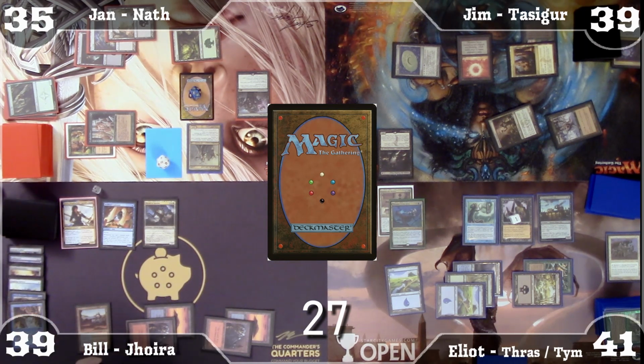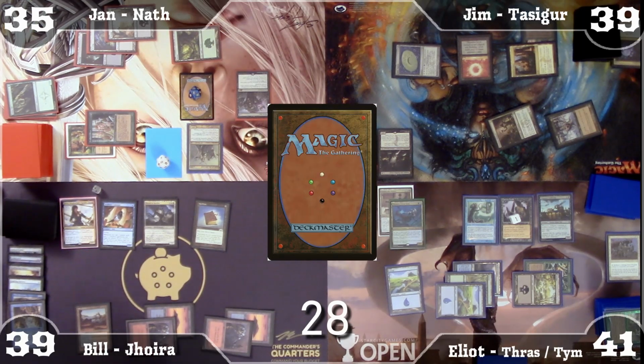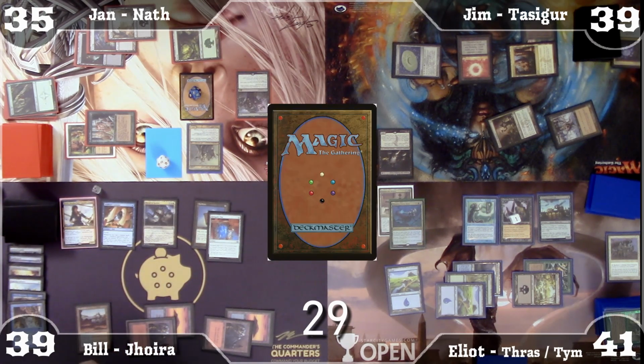So I'm going to start by casting Spellbook. Scry 1, draw a card. I'm going to draw this card. I'm going to cast Renegade Map for free. Scry 1. I'm going to draw that. I'm going to cast...